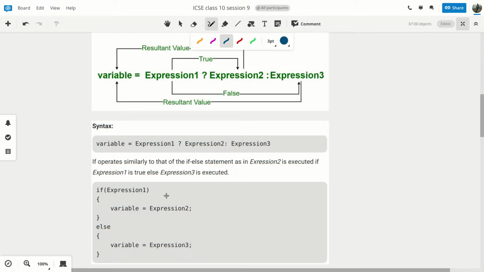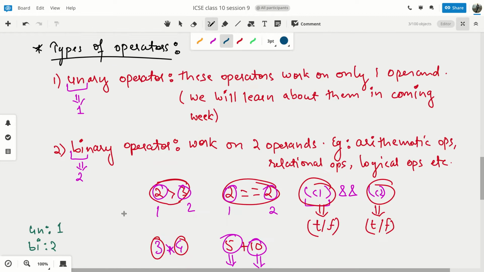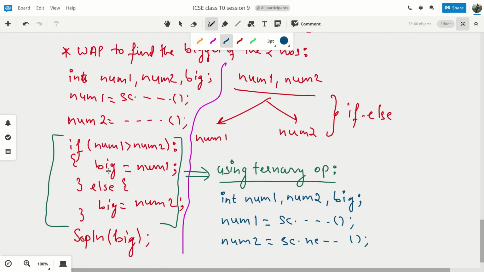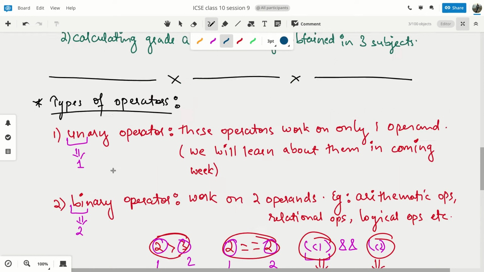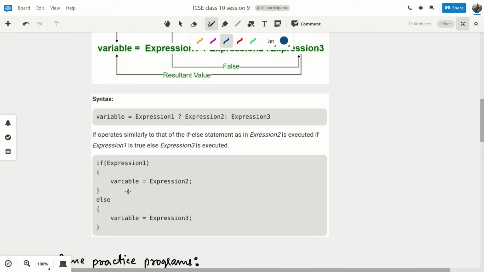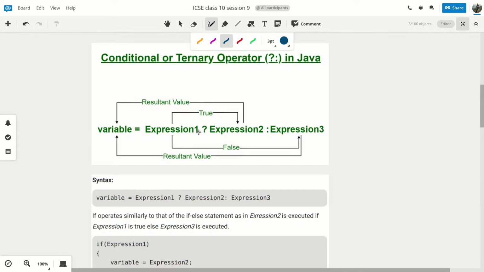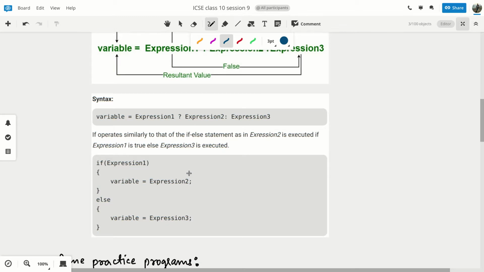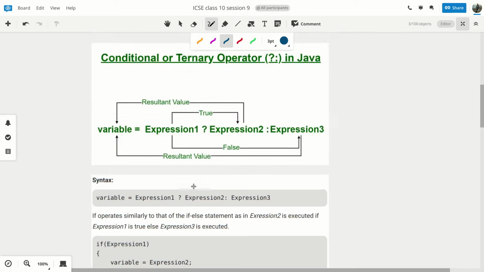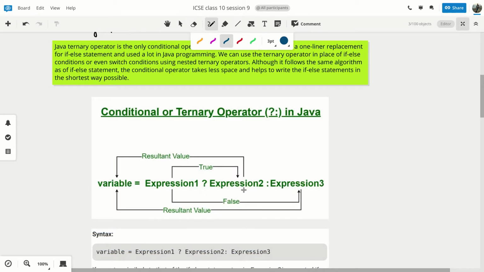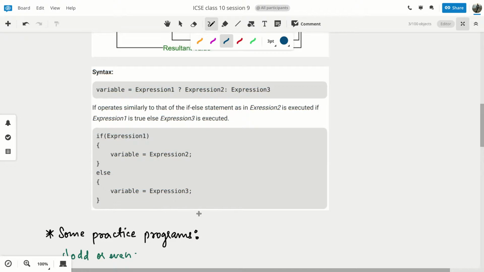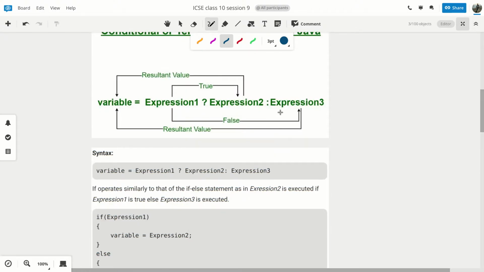Whatever is the condition in the if becomes expression 1. Wherever we are storing the value, that becomes the variable. Whatever expression is to be solved, or the value that is to be stored, comes after the question mark. Whatever is the else part of the expression comes after the colon.